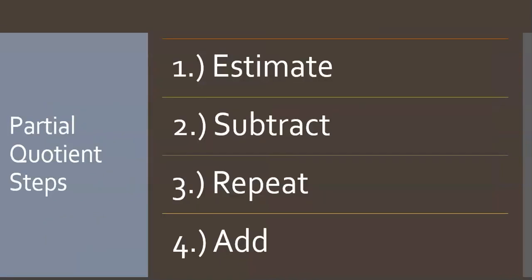method. There are 4 steps to the partial quotients method, and those steps are number 1 estimate, number 2 subtract, number 3 repeat, and number 4 add. We will be going through each of these steps in the following problem so that you will understand how each one is completed. So this one is